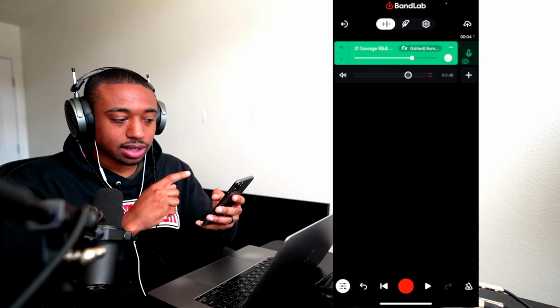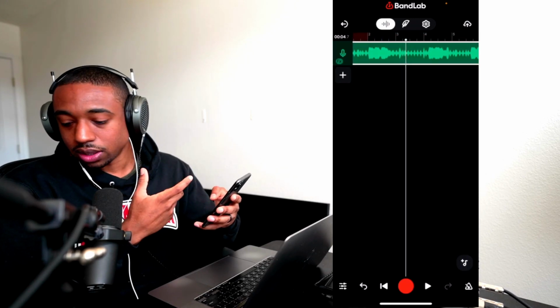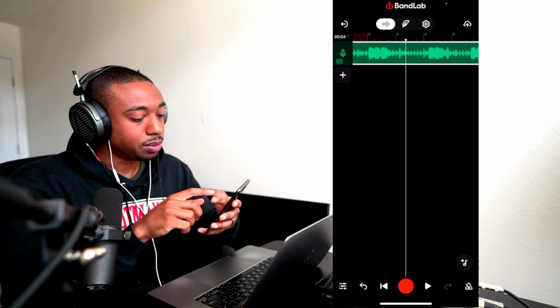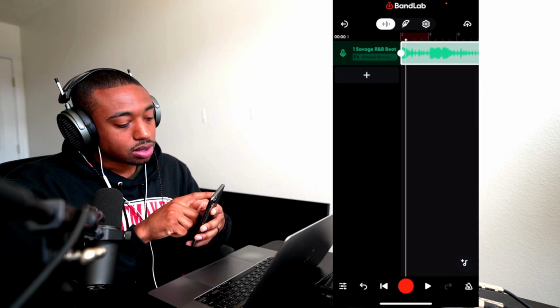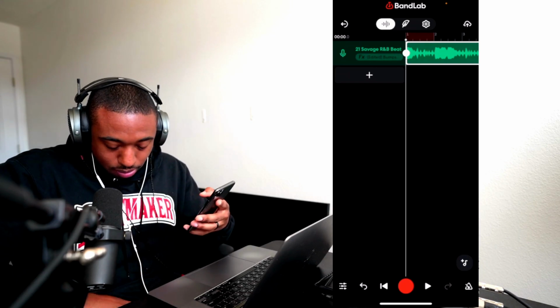So that changes the key to +1 semitone, and now we're in B flat major for those who are music theory nerds. Don't worry about that though. If you don't know music theory, no worries. So we're gonna slide this all the way back, and now we're gonna plug in my mic by plugging in